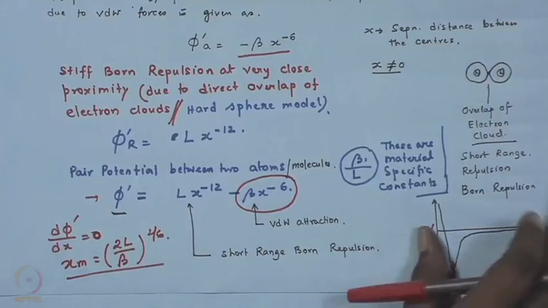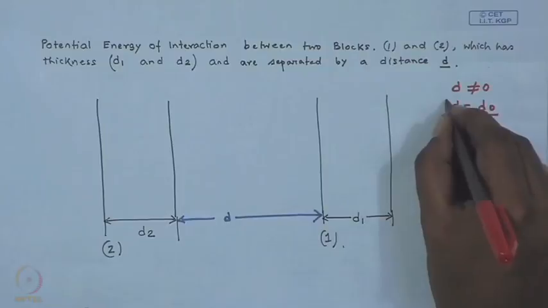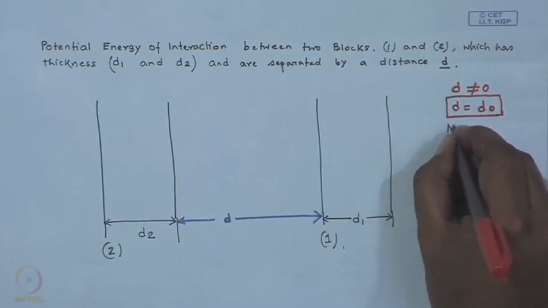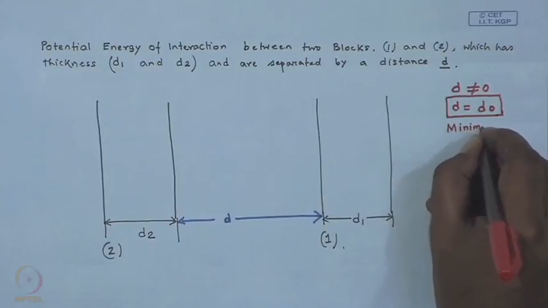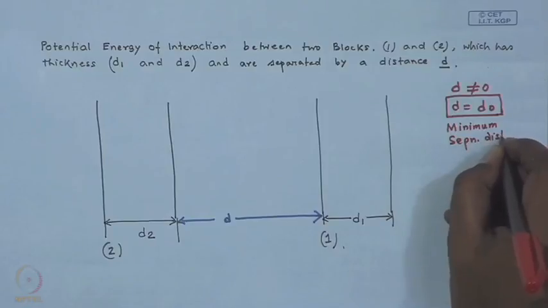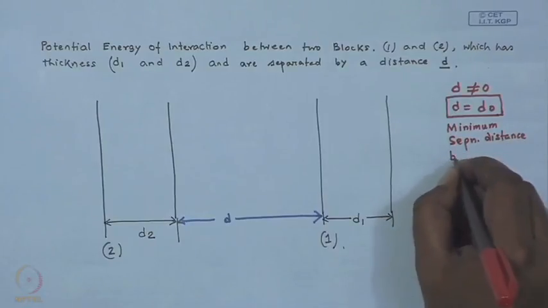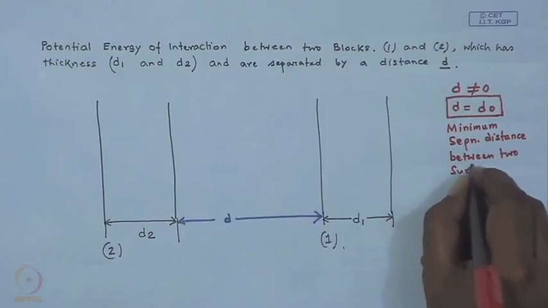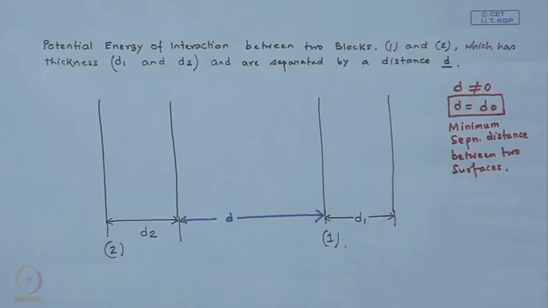So, this d0 we consider is essentially an equivalent of that between two surfaces. So, this is, let us point it out, the minimum separation distance between two surfaces. Okay. So, now in order to find out the interaction between these two blocks, what we do